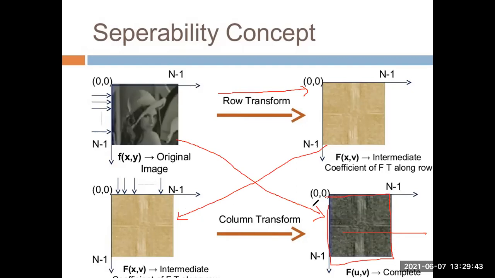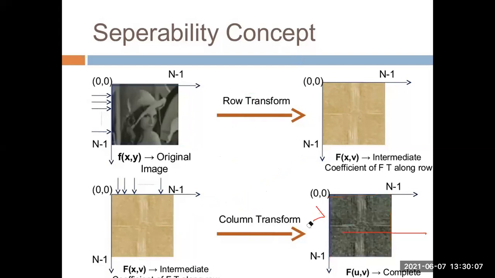So what I mean to say is, instead of transforming directly, you can convert the image in two different steps. The first step is called row transformation, and the second is called column transformation. The output of the resulting image will be the same. So this we have already discussed. Yes or no? Yes. This property you have to remember, because you have to use this property while doing image transformation.